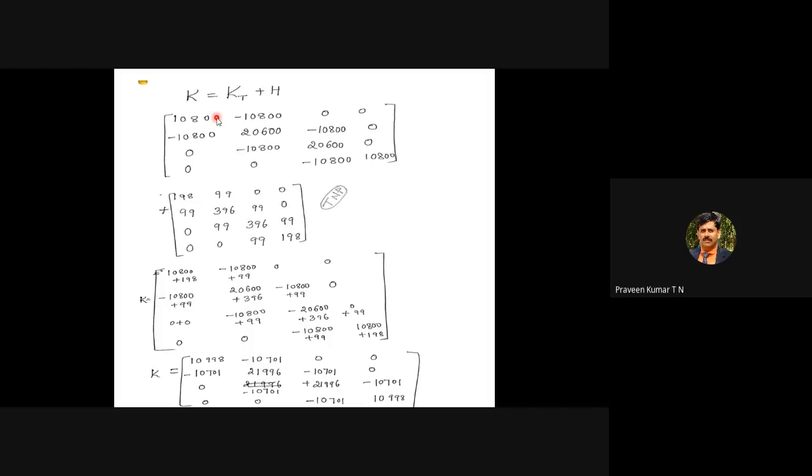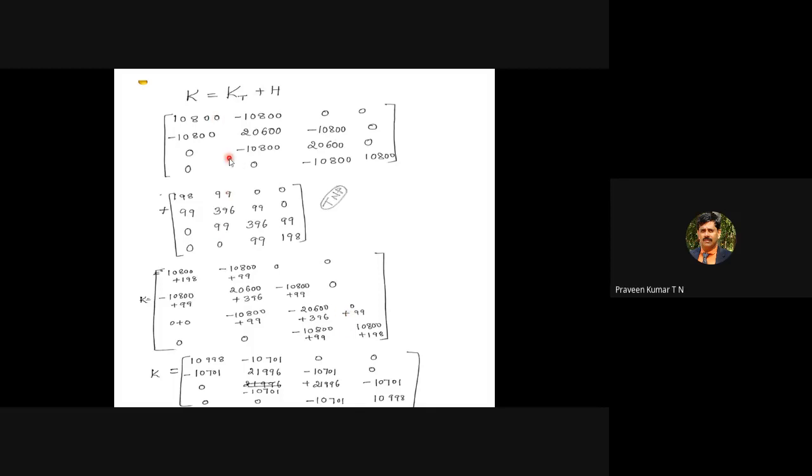You have to see the DOF, etc. When you come to this summation, it is just your mathematical matrix addition. We have matrix normally referred as A. This is the matrix A. This is matrix B. From A and B, you have to get the matrix C. C is equal to matrix A plus matrix B.